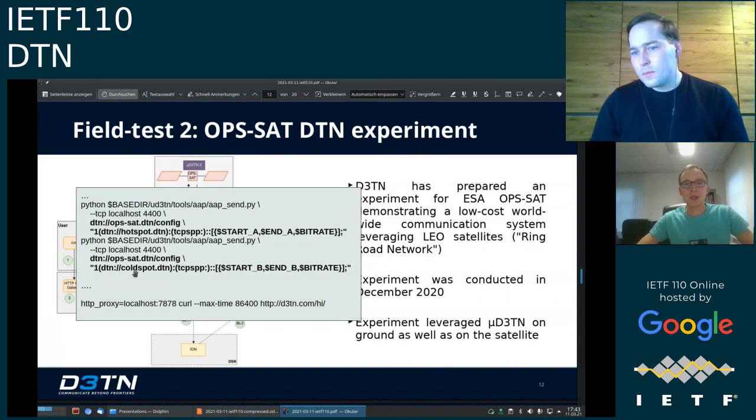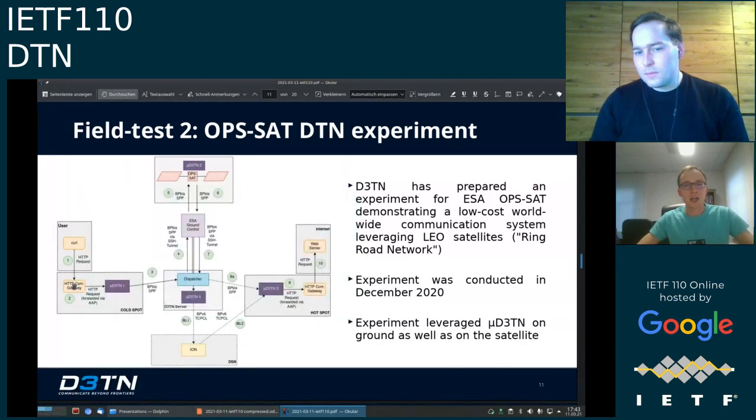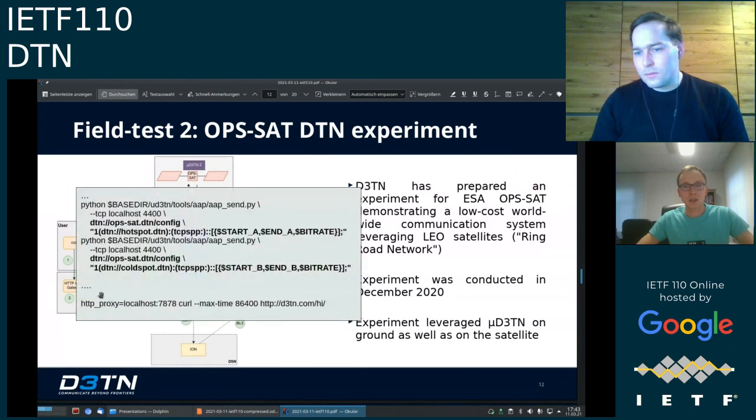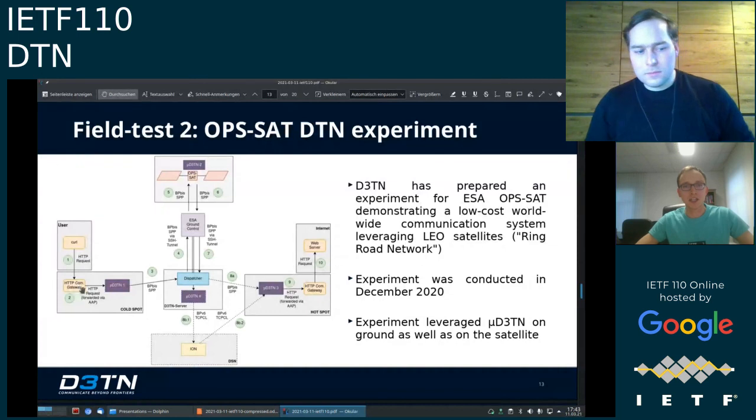we can send a request to our HTTP gateway that we can see here. And for this, we leverage curl, which gets set to an HTTP proxy. And of course, also quite an increase in the maximum allowed delay for the request so that we don't run into a timeout here. And then we simply add the URL which shall be requested, and the HTTP contents are then sent to the communication gateway, which will forward them via AAP. The bundle will be generated. This goes to the OPSAT. The OPSAT routes the bundle back via the dispatcher to the micro DTN instance 2,